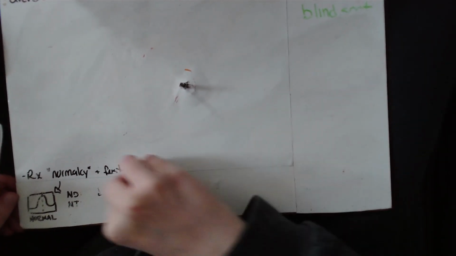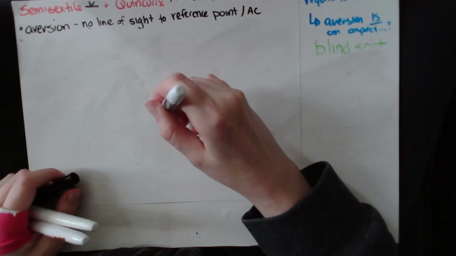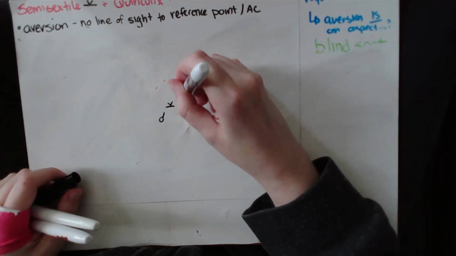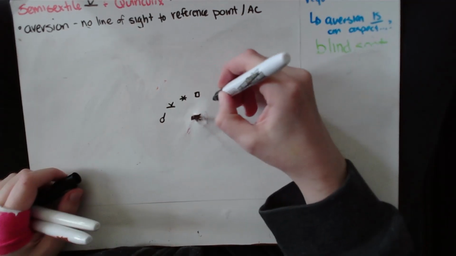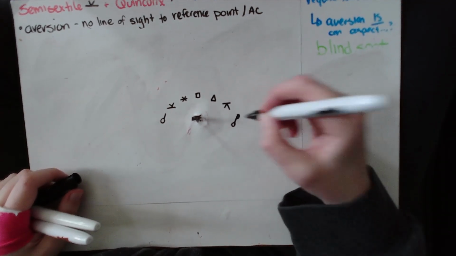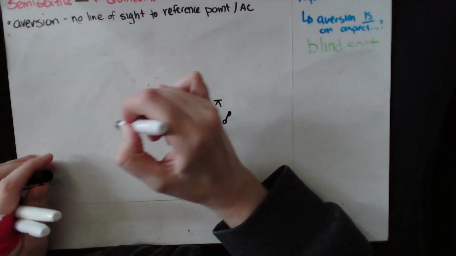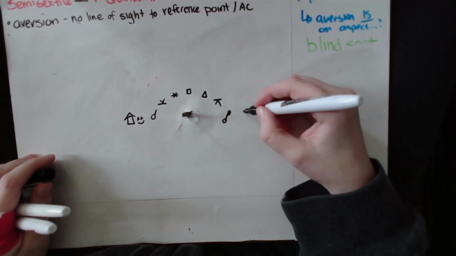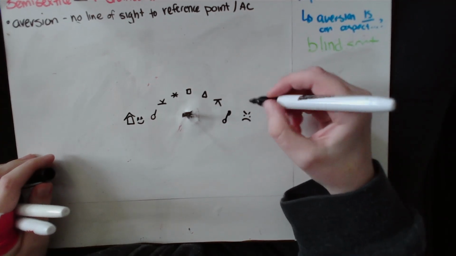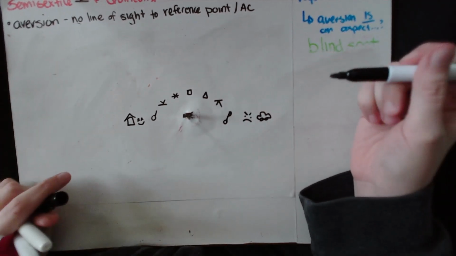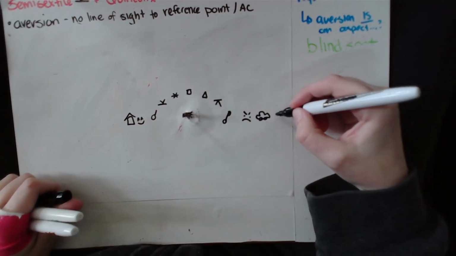So we're going to do the house idea. We have the conjunction, the semisextile, the sextile, the square, the trine, the quincunx, the opposition. My example is that you are at home playing video games, and content warning if you grew up with an angry dad, or like your dad who's maybe strict, is over at work